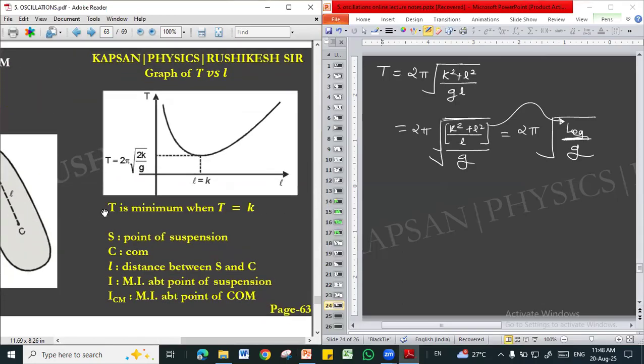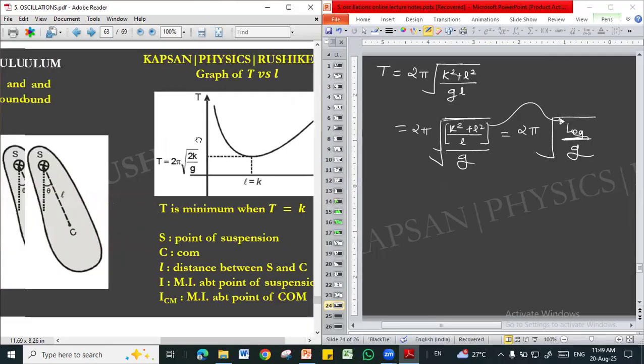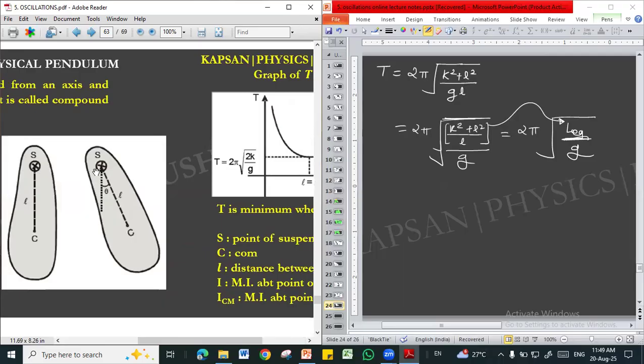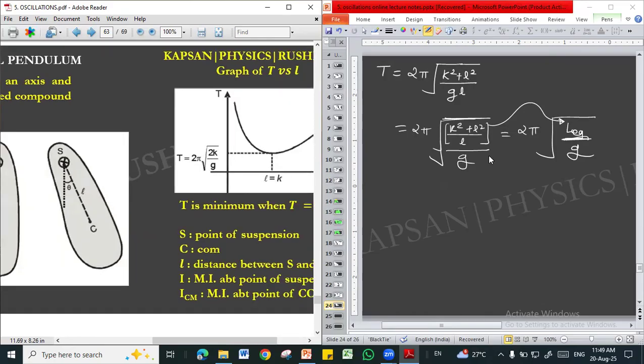आता पुढे त्यांनी एक इंटरेस्टिंग पॉइंट आपल्याला सांगितलाय. ग्राफ ऑफ टाइम पिरियड ऑफ कंपाऊंड पेंड्युलम वर्सेस डिस्टन्स बिटवीन हिंज अँड द सेंटर ऑफ मास. एल म्हणजे काय, स्मॉल एल वेगळा, एल इक्विव्हॅलंट वेगळा. स्मॉल एल म्हणजे डिस्टन्स बिटवीन हिंज अँड द सेंटर ऑफ मास. दॅट इज स्मॉल एल, अँड दिस एल इक्विव्हॅलंट इज समथिंग डिफरंट. ओके,